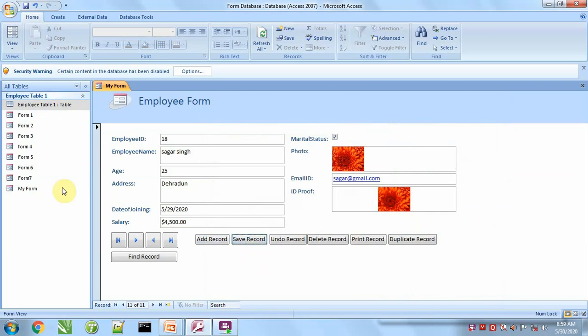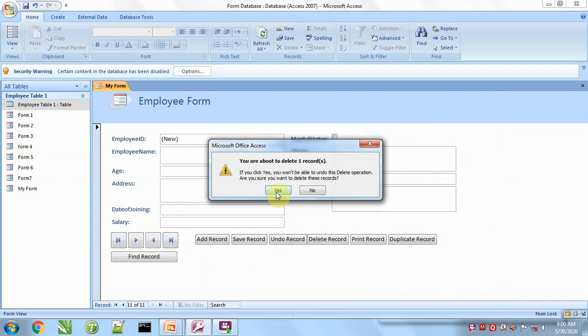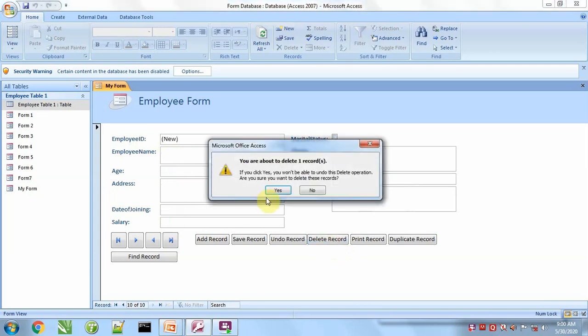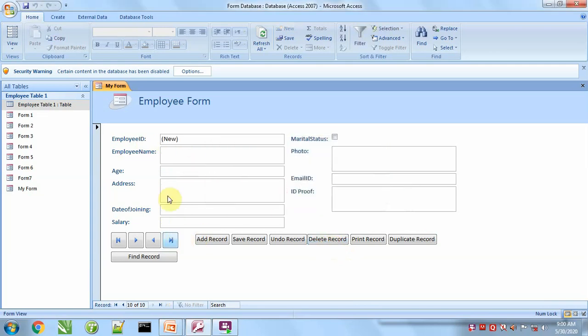Now if we click on it, it will bring us to the first record. If we click on it, it will bring us to the last record. If we say undo record, this record will be deleted. Now the last record is 17, not 18. If you want to delete, this record will be deleted. We can see here, the last record is 16 now.